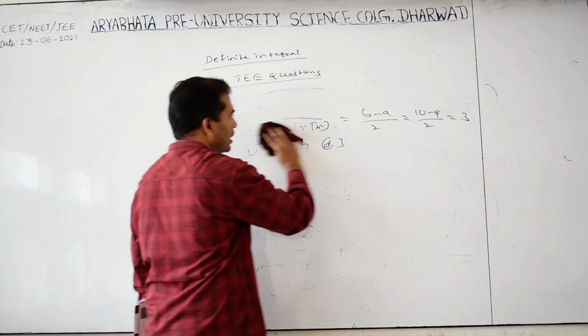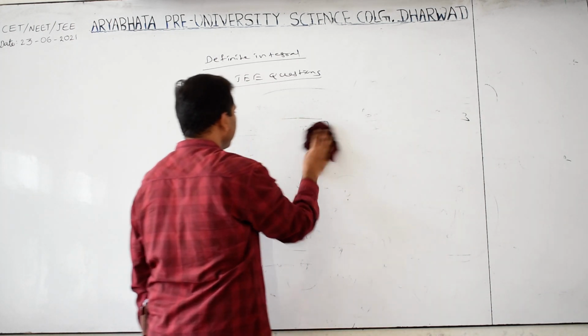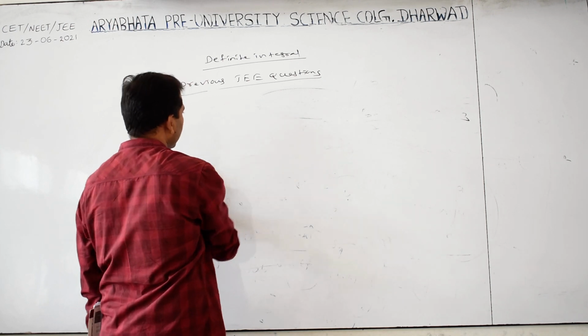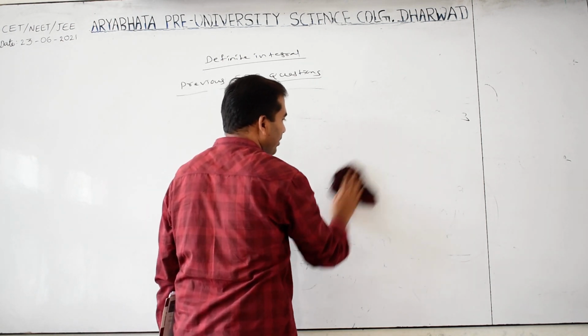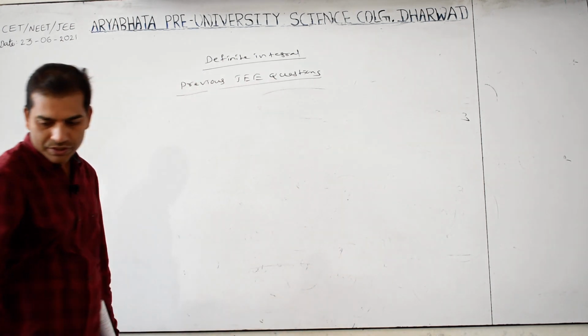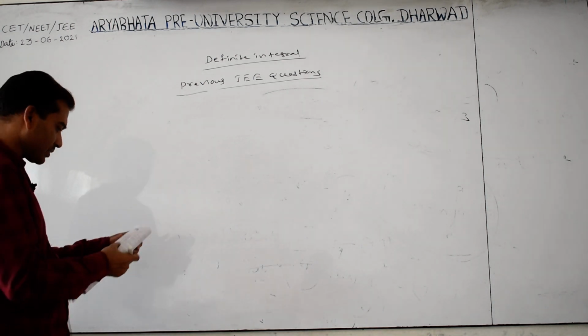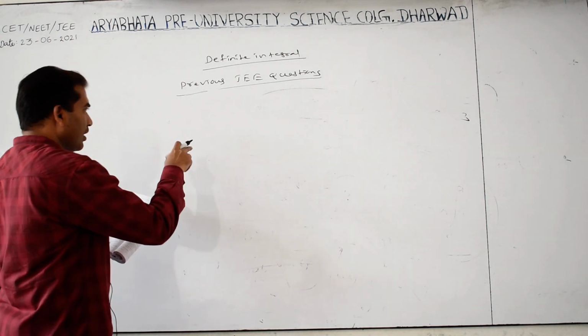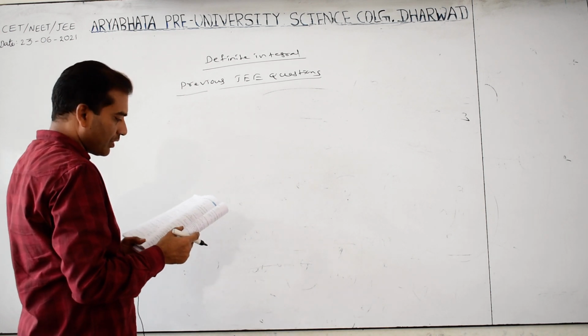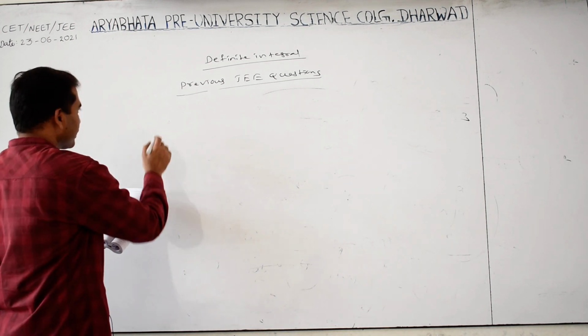They have given 2 to 3 minutes, 2.5 minutes, but within 10 seconds we can solve this question. So the remaining time you can utilize for the tough questions. When you know the logic, you are able to find it within 10 seconds. If you do not know the logic, it is difficult again.